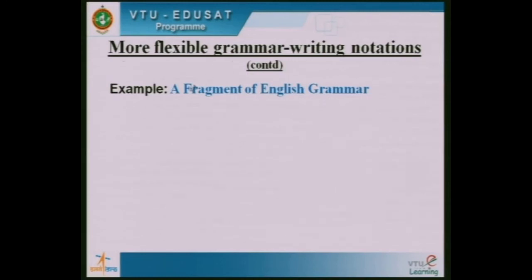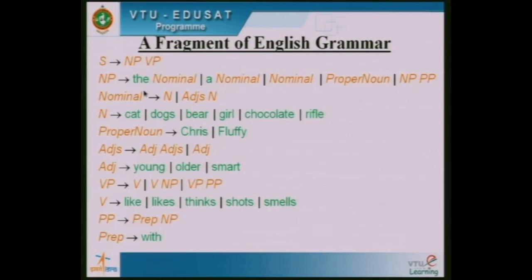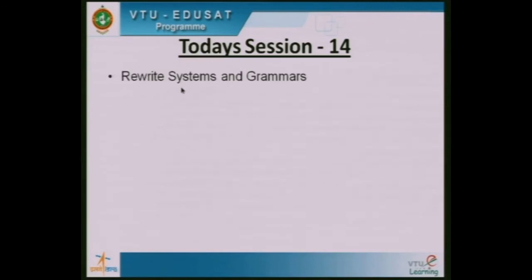One more example, a fragment of English grammar. Here the non-terminals are not written in angular brackets, they are written such a way that only the first character will be an uppercase letter, and the rest will be lowercase. And we can even have abbreviations like NP derives noun phrase, VP derives verb phrase. So, this is the grammar written for an English fragment where S tends to NP noun phrase, VP verb phrase, and if you see here nominal,